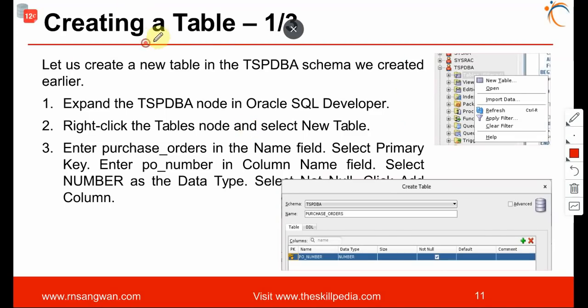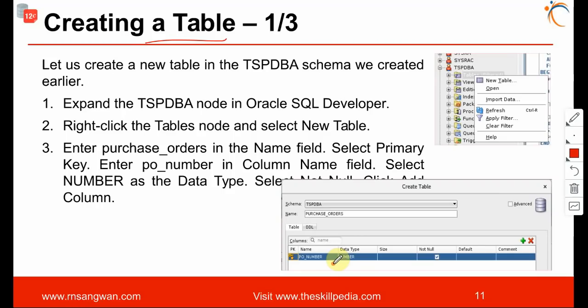Creating a table, the way I just demonstrated: right click on the tables, click on new table, and you start adding the columns. Like I specified the schema, the table name, and the details. Now for you, I suggest that you keep the same data exactly. Why? Because you will be downloading a file. I'll be sharing the slides with you. You'll be downloading a file and importing data. So create exactly the same table as I'm demonstrating here in the presentation and the lab assignment, which I will share with you, because there is already some sample data to import into the created table.